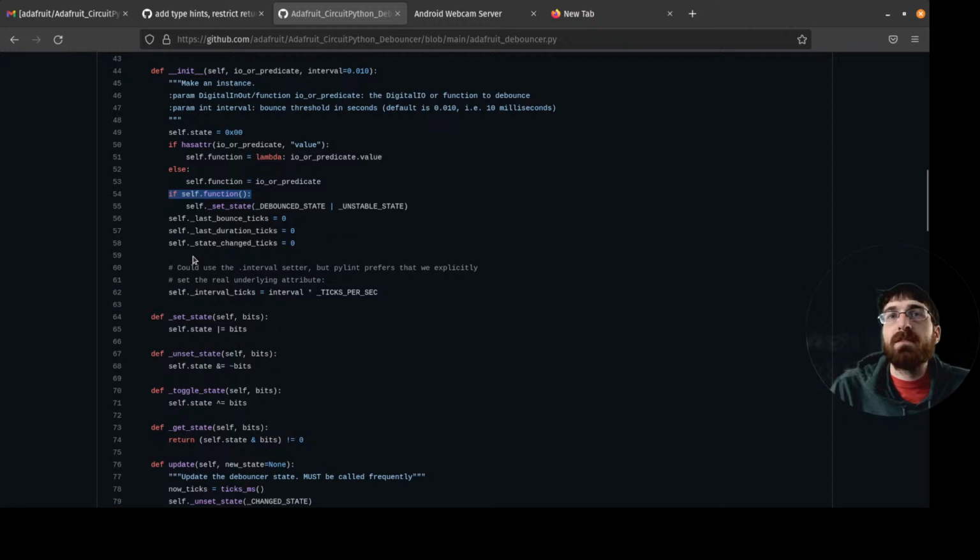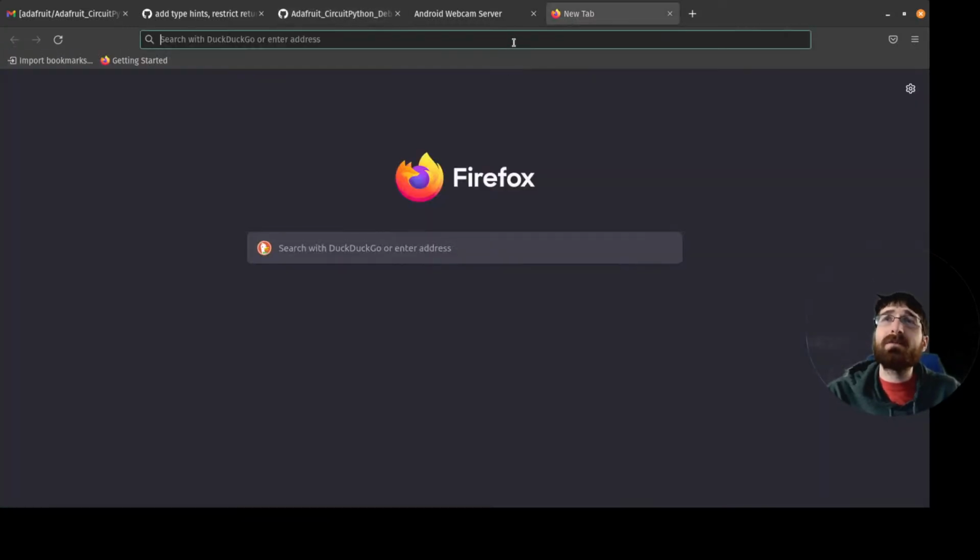Bound state, unstable state. Don't really get what this part is doing, why it has both of these. What is pipe? Pipe is like a bitwise operator, is that right?